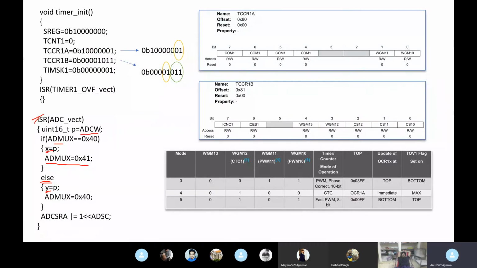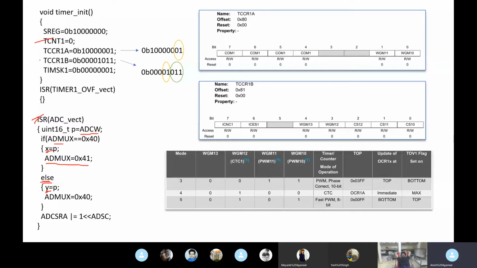Coming to the void timer initialize function. In the timer initialize function, I have set the global interrupt as 1, because to invoke the interrupt service routine for the timer, we need the global interrupt as 1. This is timer counter 1 equals 0. I told you that the microcontroller counts from 0 to 255, and it can count at a very high frequency, I think 1 megahertz or something, in 1 second. So to access that timer, we are using TCNT1 equals 0. This is timer counter 1, which we will be using.